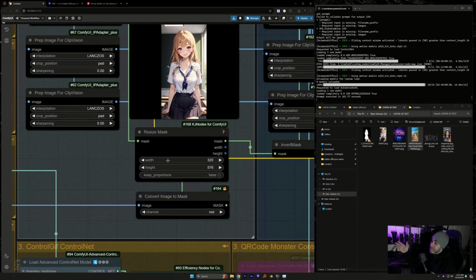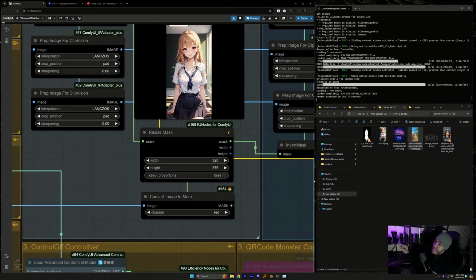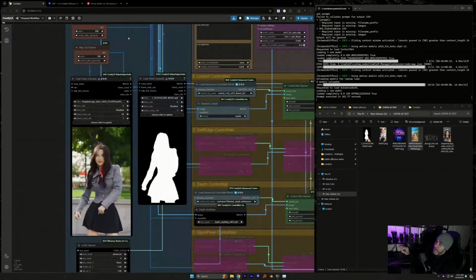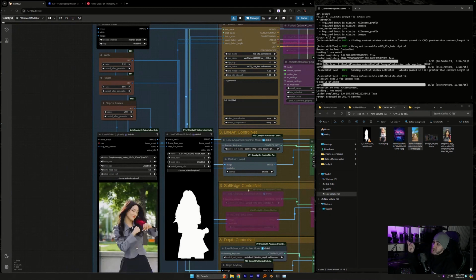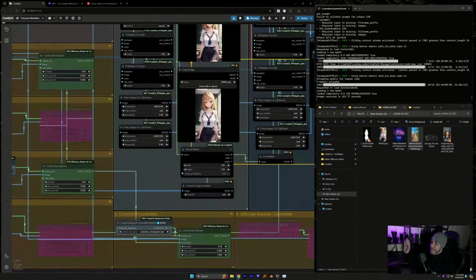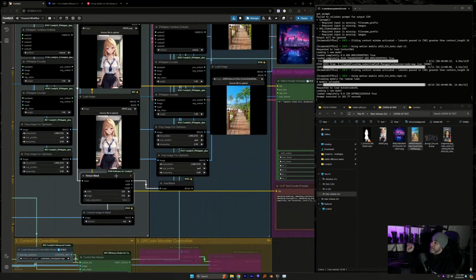And this width and this height doesn't really matter as long as it's smaller than the width and height you're using in your first pass, but the aspect ratio has to be the same. So 320 by 576 is the same aspect ratio as 512 by 896. So just keep that in mind. This resize mask is going into an invert mask.